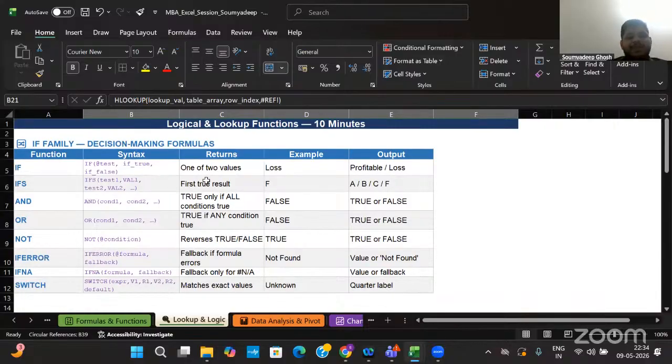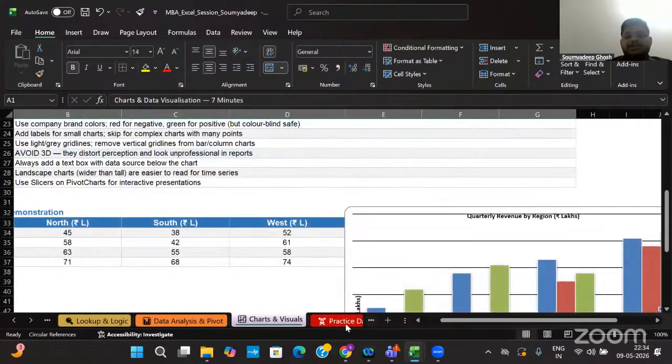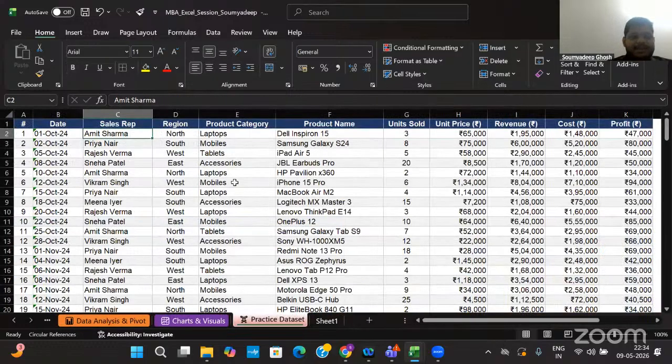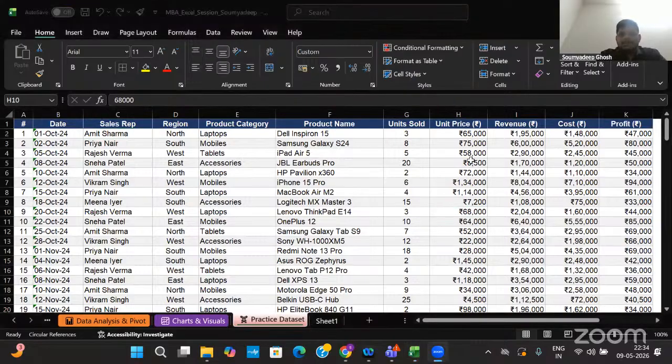Okay. Now I'll tell you about conditions because conditions are very important. Suppose I want to select some employees who have sold at least 5 units.